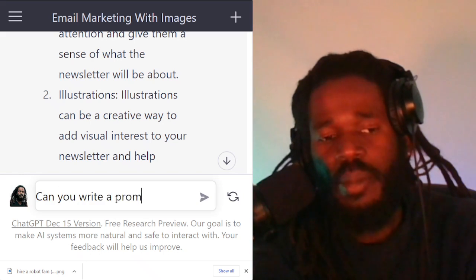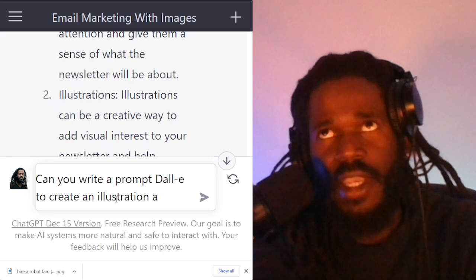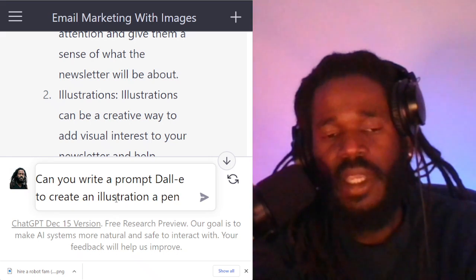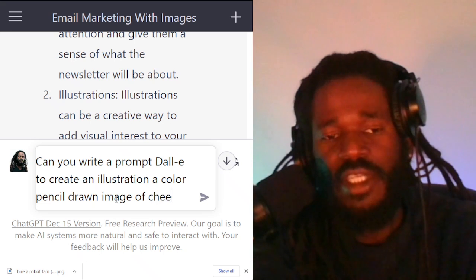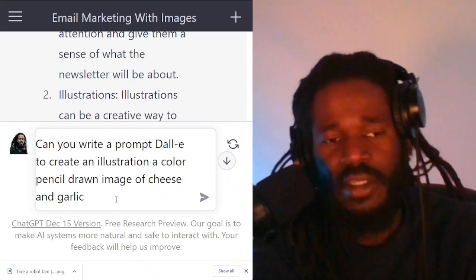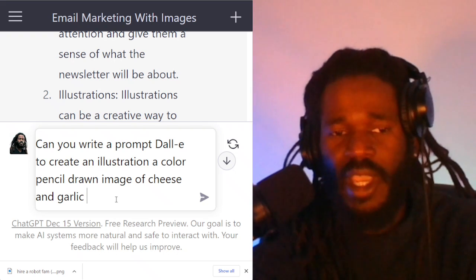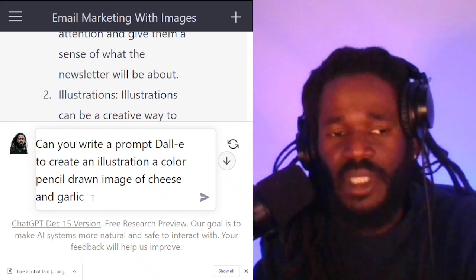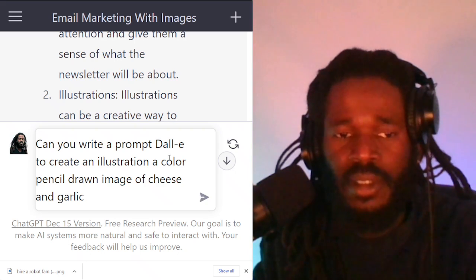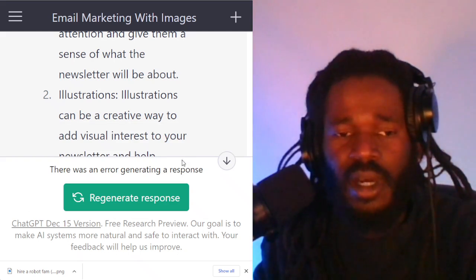Let's ask it for an illustration. Can you write a prompt for Dall-E to create an illustration? Let's call it a color pencil drawn image of cheese and garlic. All right, so we're going to create a custom image to be used in our newsletter. Can you create a prompt for Dall-E to create an illustration? A color pencil drawn image of cheese and garlic. Can you do that? Oh,